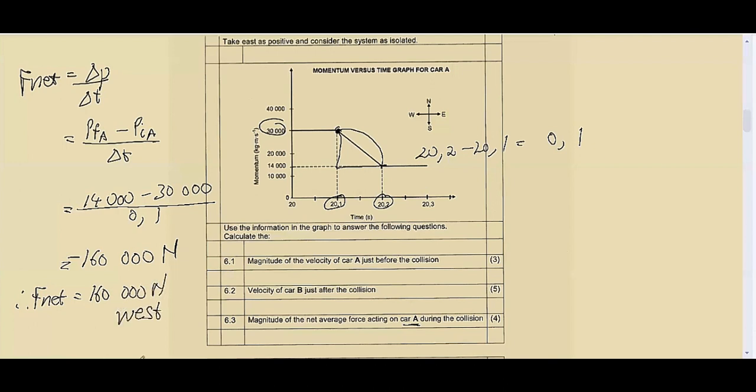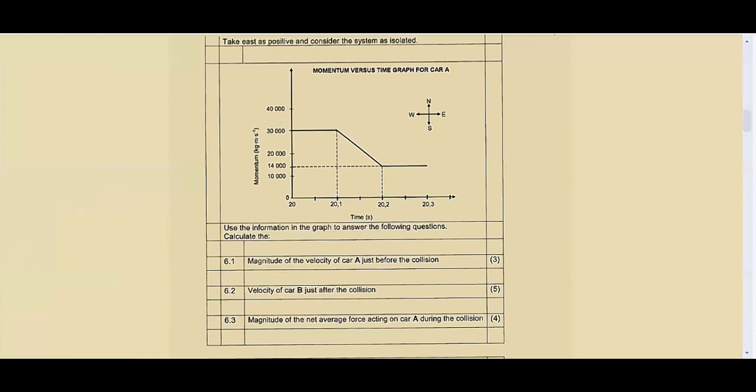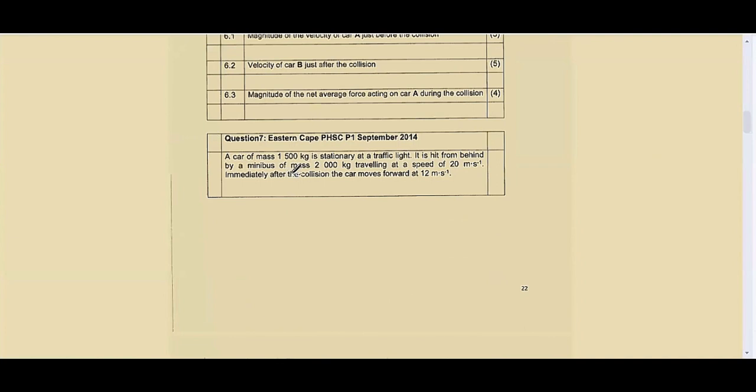Remember, we took east as positive, so if we get our value as a negative, it indicates that it is in the western direction, right? That's how you were supposed to solve that for 4 marks. So you'd get yourself those decent marks. It's about 12 marks just to solve your question 6. So pretty nice. Then let's go to question 7, which is an extract from Eastern Cape Physics paper 1 September 2014,